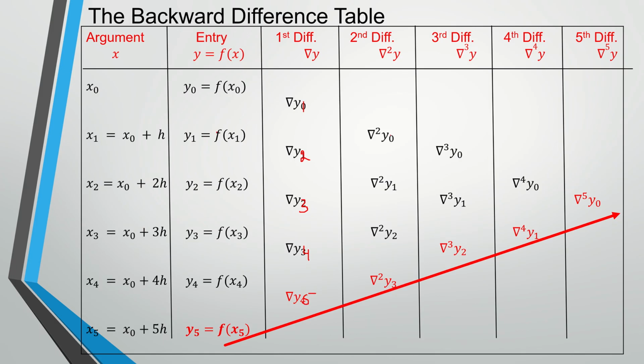This will be nebla y2, this will be nebla y3, this will be nebla y4, and this will be 5. This will be now nebla y3, this will be 4, this will be 5, this will be 4, this will be 5,